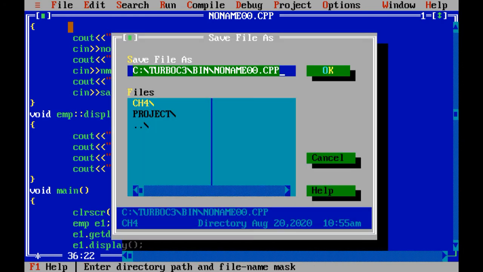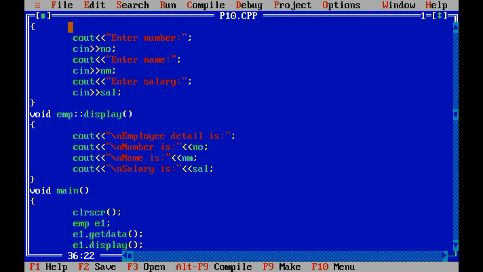Now we are going to save this program as number 10, because 9 programs we have already performed. So this is program number 10. Let me run the given code.